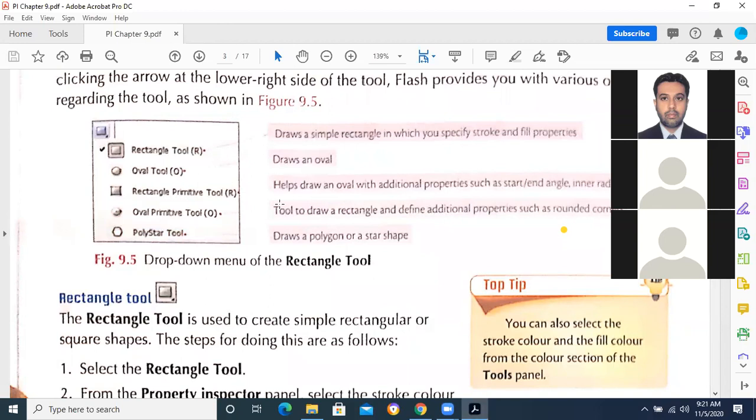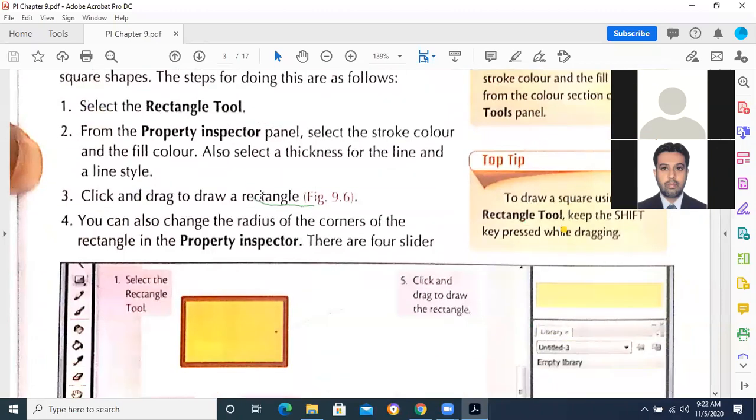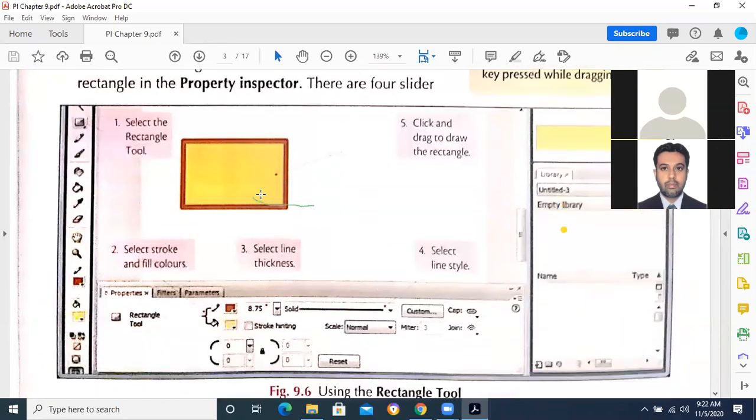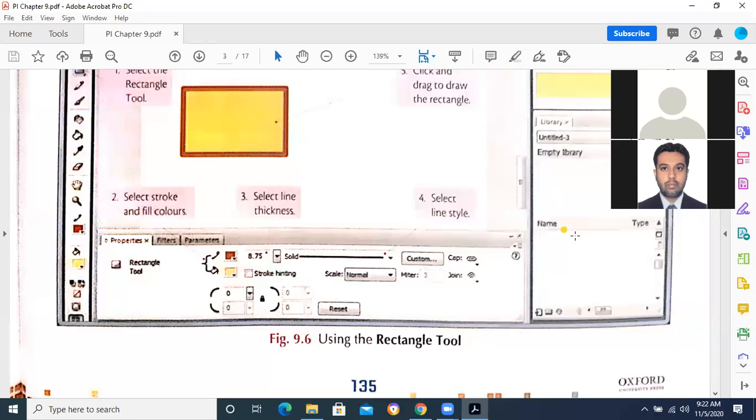Who will tell me the difference between the oval tool and the primitive oval tool? Please raise the hand. Yes, quickly. Sahibzada Yahya. Yes, Yahya, I have unmuted you. Please reply.